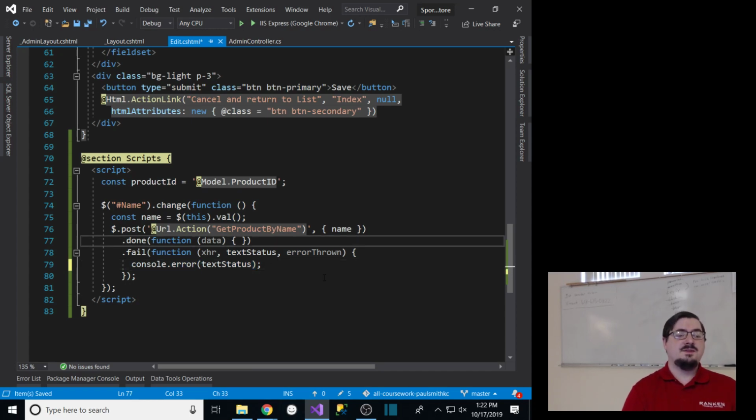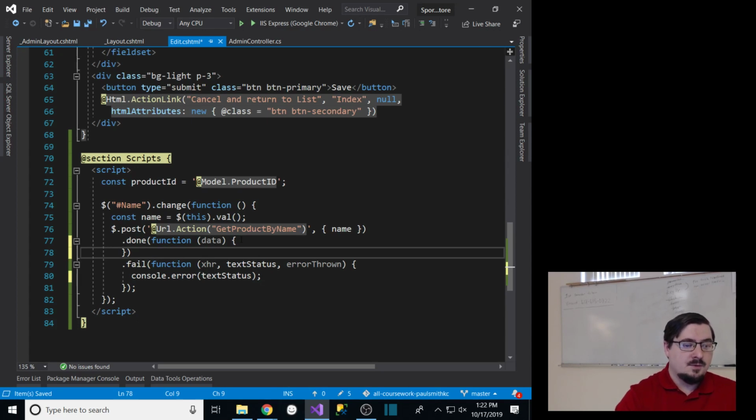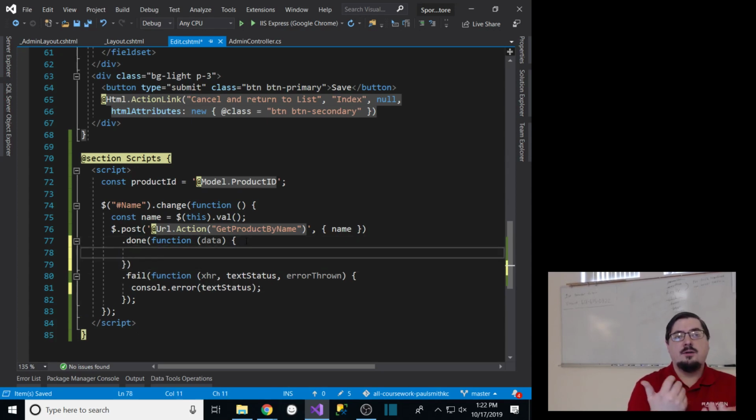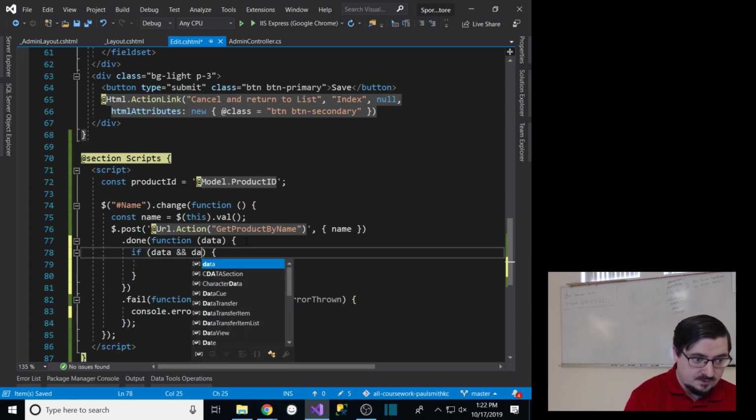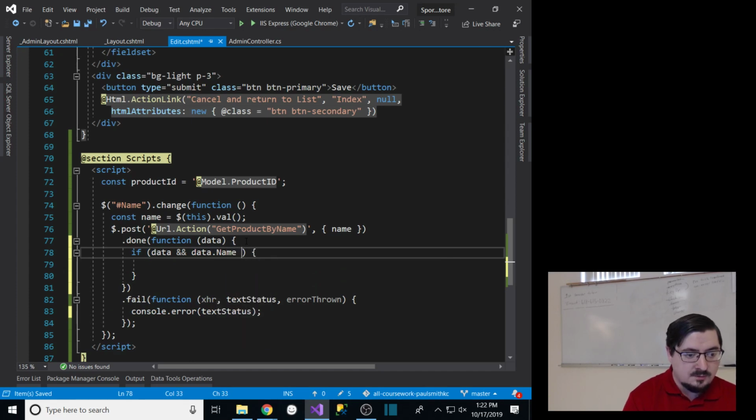If it did succeed, what I should have here is an actual product object, right? So if it did come back with something, then I can say, okay, I've got it. So I can say if data, if there is data, and data.name is equal to name, and data.productID